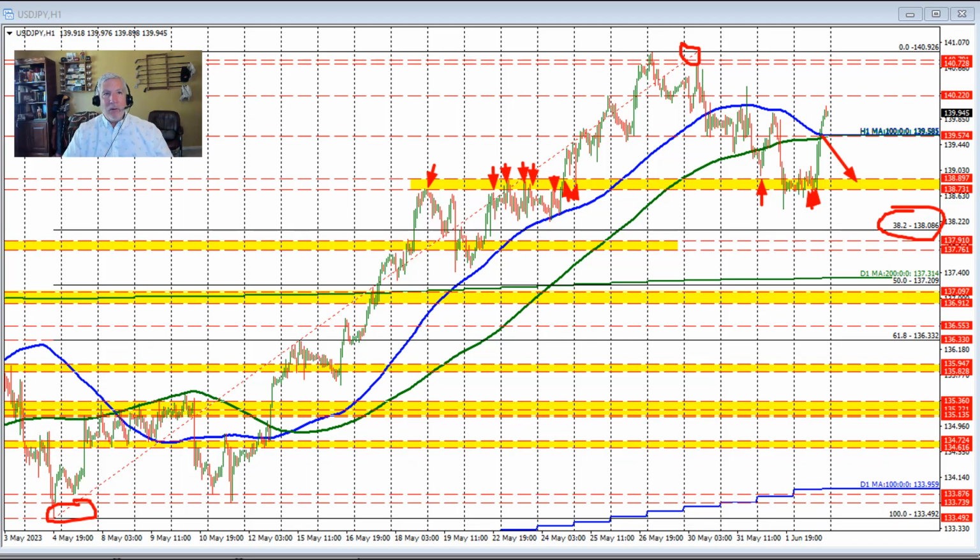The key support level is defined by the 100 and 200 hour moving averages and the 50% retracement on the daily chart, acting as support near the